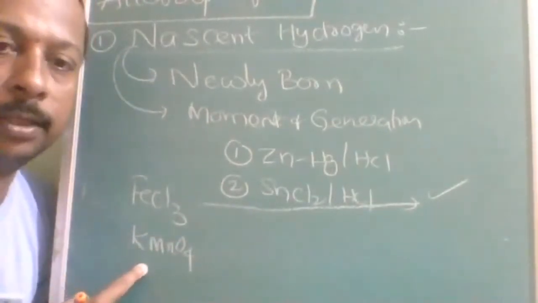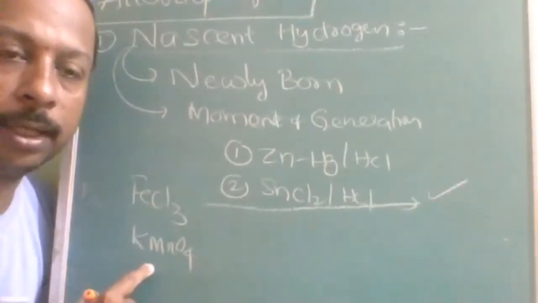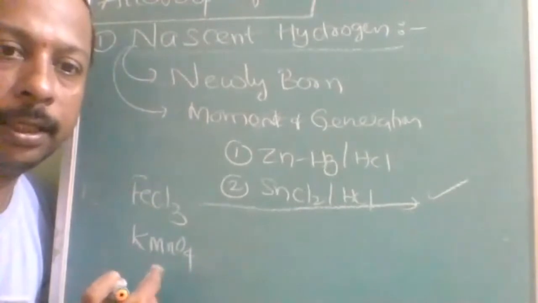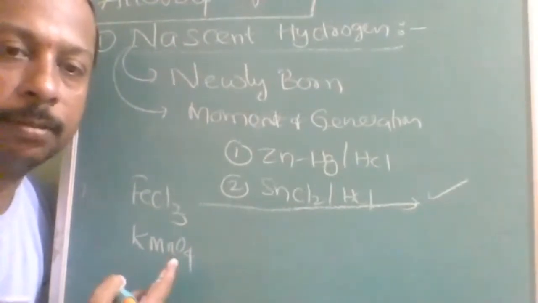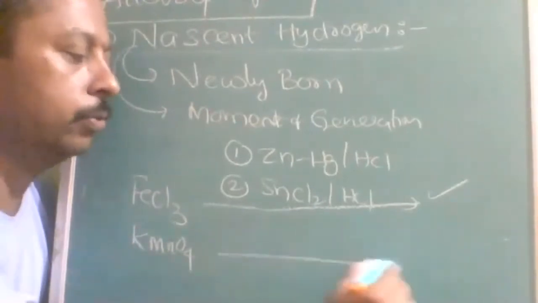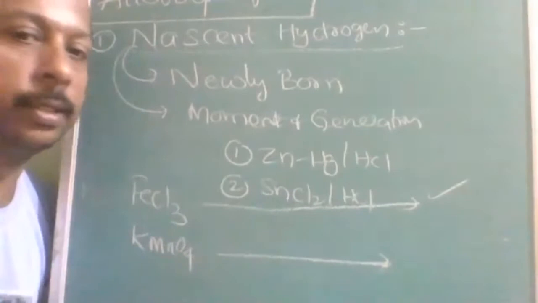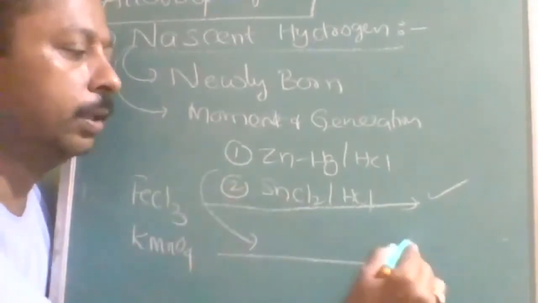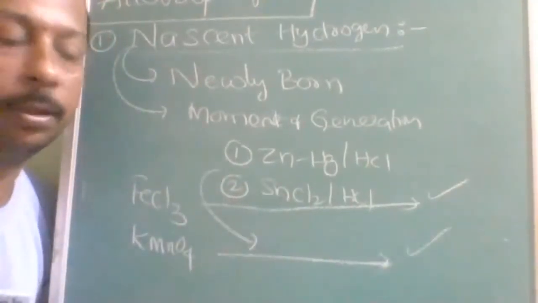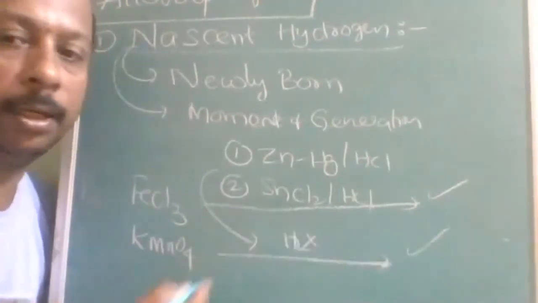The advantage of KMnO4 is that whether the reaction is carried out or not can be identified just by decolorization. KMnO4 will be decolorized if it is reduced. So if I write nascent hydrogen on this one, then the reaction is possible. But if I write H2, no reaction. If I write this one, reaction possible.